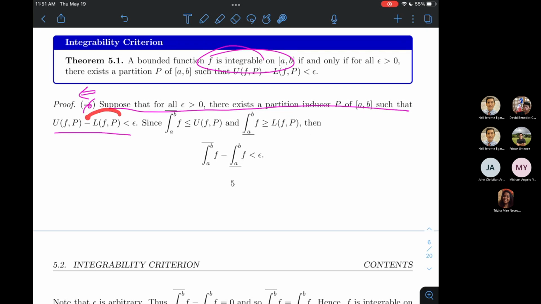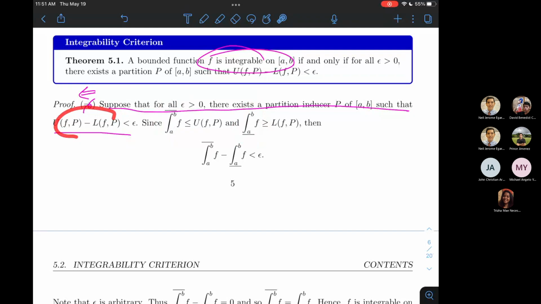Moreover, I will also change the subtrahend by something that is larger. So nagma-minus ako ngayon ng mas malaking quantity. So that means if I replace this by something smaller and the subtrahend by something larger, then I will have a smaller number than this guy. So the difference between the upper Riemann sum and the lower Riemann sum will be smaller than